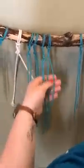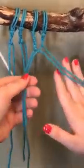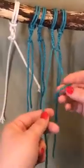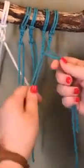So if I'm going to be doing square knots, in order to keep the strings semi-equal lengths, I'm going to want to alternate. So I just did the two middle strings. Now I'm going to actually go back to a left and right scenario. Now I'm going to take the two leftmost, do my square knot, right over left, left over right. And so now this side has a square knot, and I'm going to mirror that on the right side as well. Right over left,